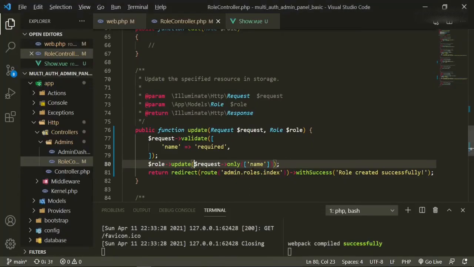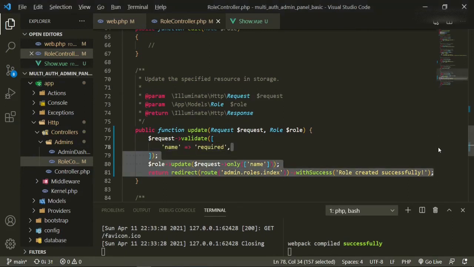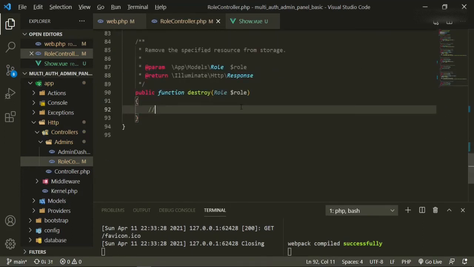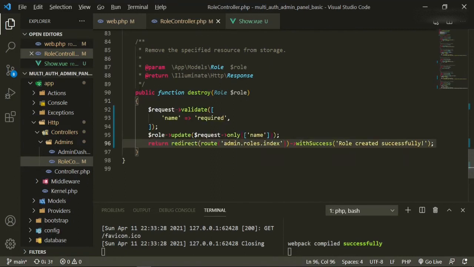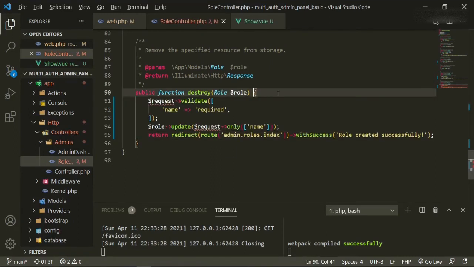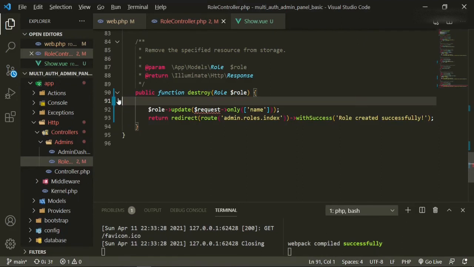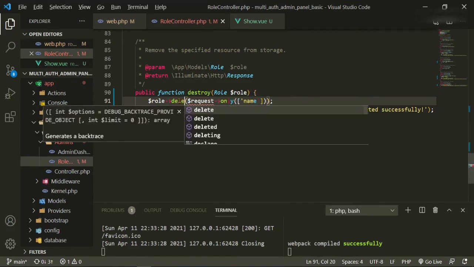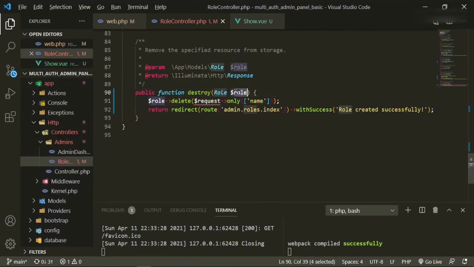Okay, so now let's work on the delete. Go back to the text editor, and since we're already in the controller, let's just copy this part of it. So copy, and in the destroy method, we'll just paste it in here and take out what we don't need. So we don't need this because we're not checking for validation on anything. We're going to just say role delete. The route will also use route model binding, so we'll make sure that's in there.